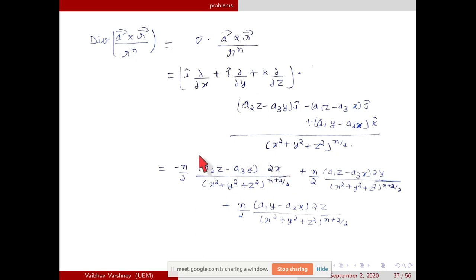And so this term will come in the same way when you do the derivative. Someone is asking, can the calculation be more simplified? Sir, can you simplify it? This is difficult, I am not getting it. Sir, in the first term, a2z minus a3y into i cap, there is no x component, so it will automatically become 0.